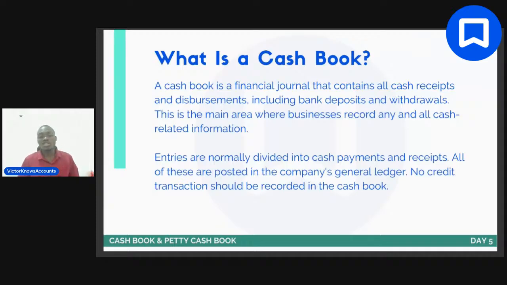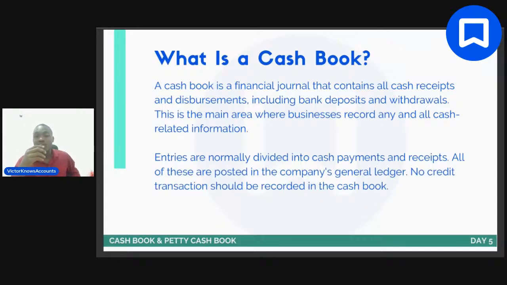Now, how does this affect us? It means that when we are talking about cash book, we are talking about a particular journal, subsidiary book, day book, book of original entry, book of prime entry, where cash transactions have to pass through. This means that your cash book is, just as I mentioned here,